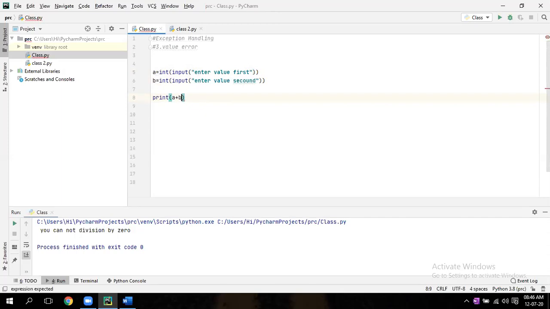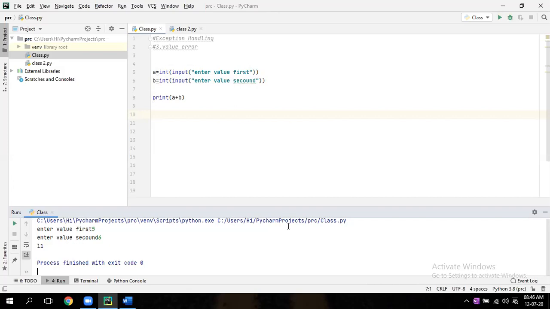So this is a program to print A plus B, and A and B will be entered by the user. Run it. Again you enter. Run it.